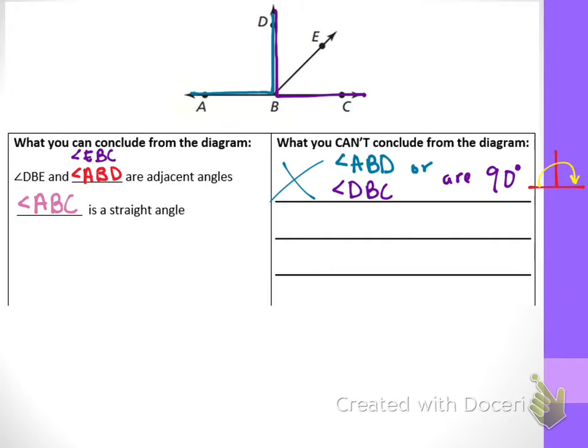How many degrees is a straight angle? 180. If this portion of it were 90, what is 180 minus 90? 90. So the other one is by default a 90-degree angle. So you won't ever see two right angle boxes because it's assumed that 180 minus 90 is 90. Okay? The second thing we can't assume,